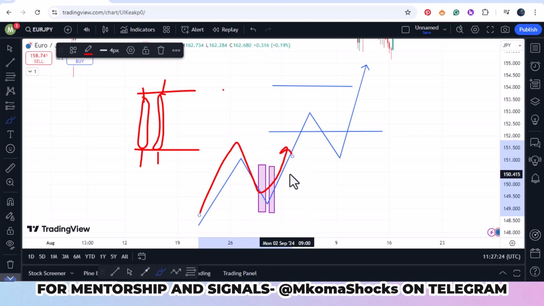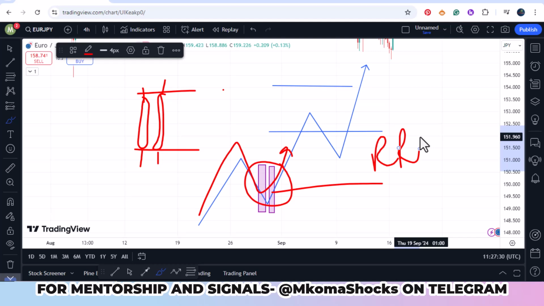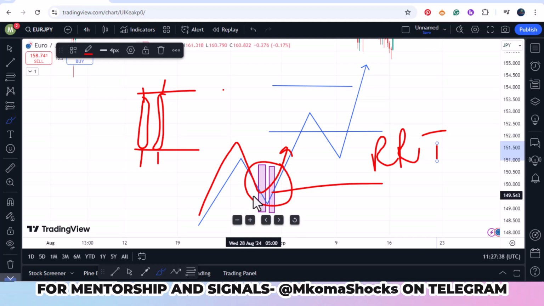This retracement is where we should be having these railroad tracks. These two candles are the candlestick pattern that is going to be your confirmation for a trade after the